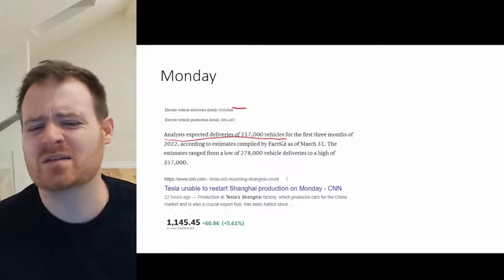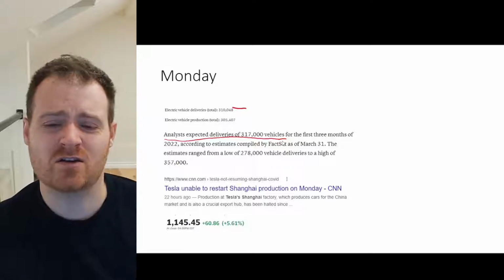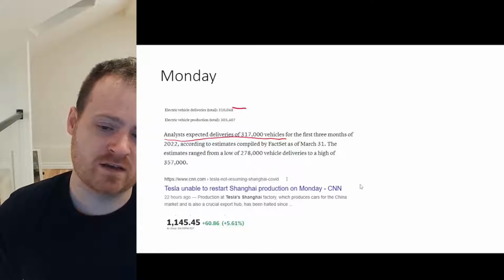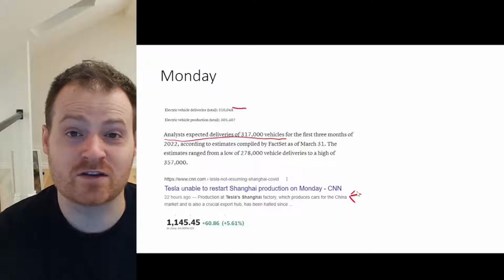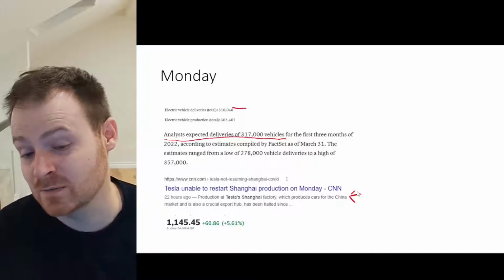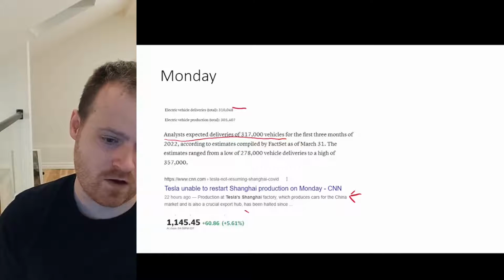Usually when you see a miss, I mean, it is a small miss, but usually when you see a miss like this, the stock would actually be punished for it. That didn't happen today. Other news items, Tesla unable to start production back up at their Shanghai factory. That's due to a COVID outbreak in the country. So their biggest factory, their biggest producer of vehicles, is sitting idle right now. I thought that could potentially be another headwind, but the stock is just shaking it all off